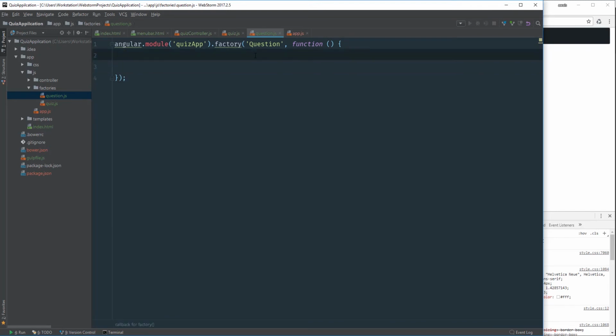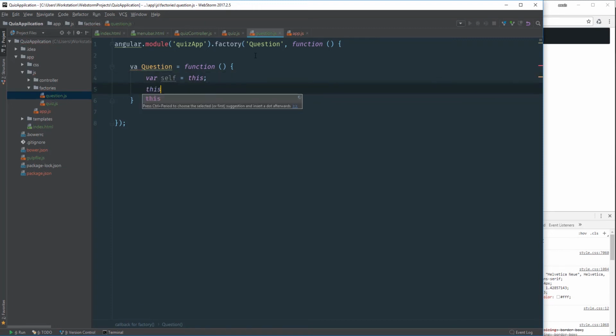Now same as before, we are going to create a variable, so we can just say question. We set that to function, and inside that we just say self is equal to this,